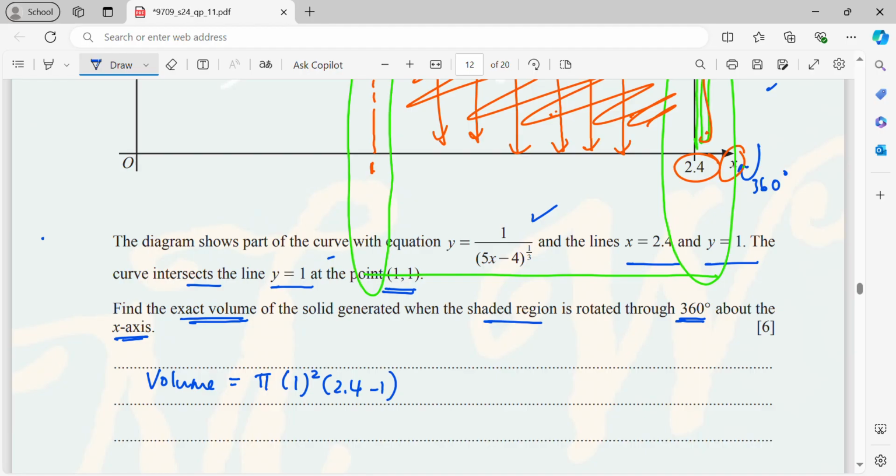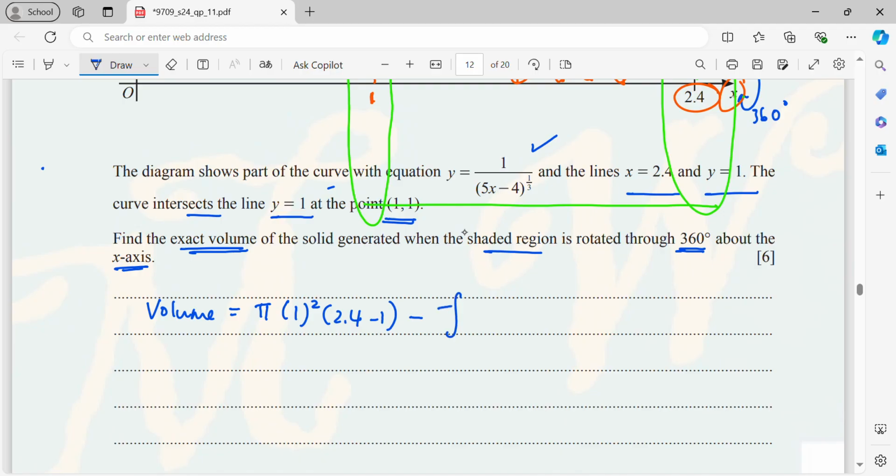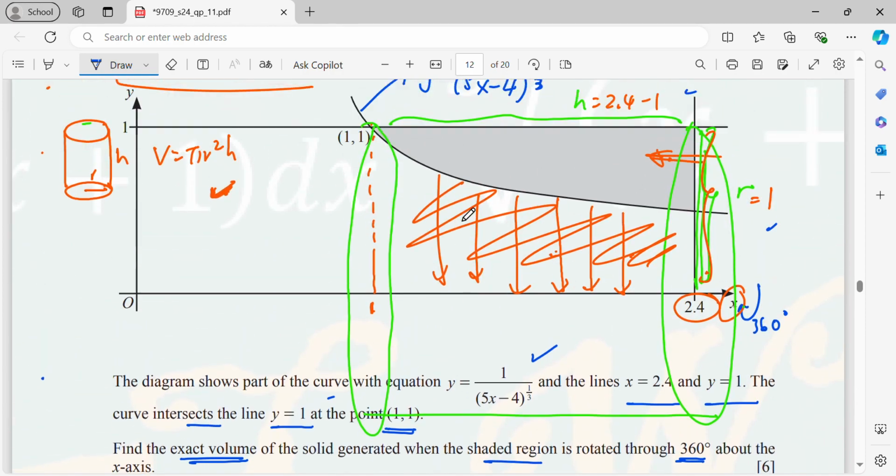There is the volume of the cylinder. Then I minus the region. So for the region, integrate pi integrate y squared. So it will be 1 over 5x minus 4 to the power 1 over 3. This is my y. Then I squared it. Then dx. Since here dx, that means you need to integrate from x equals to 1 until 2.4 because the